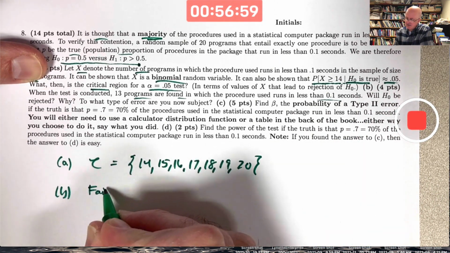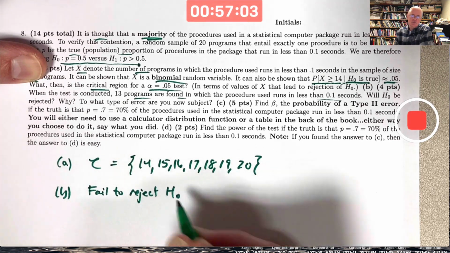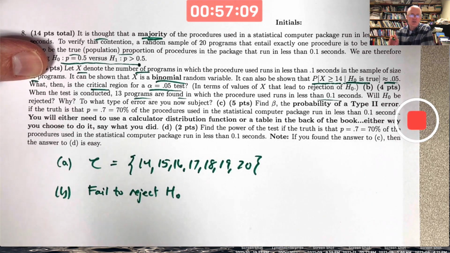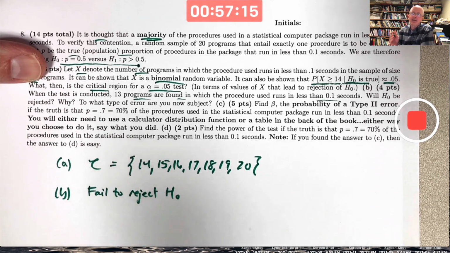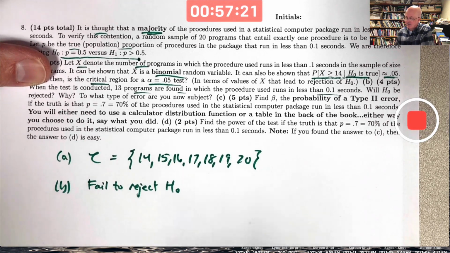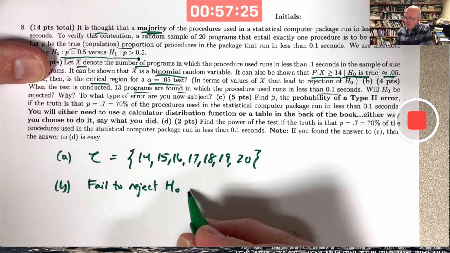Fail to reject the null. Some people say accept the null. It's usually better, I think, to say fail to reject, because it's not that the null's true for sure, it's just that you don't have enough evidence to reject it. It's like you're the prosecuting attorney. It's not that the defendant is innocent, you just didn't have enough evidence to convict them in your mind as a prosecutor. Fail to reject the null because